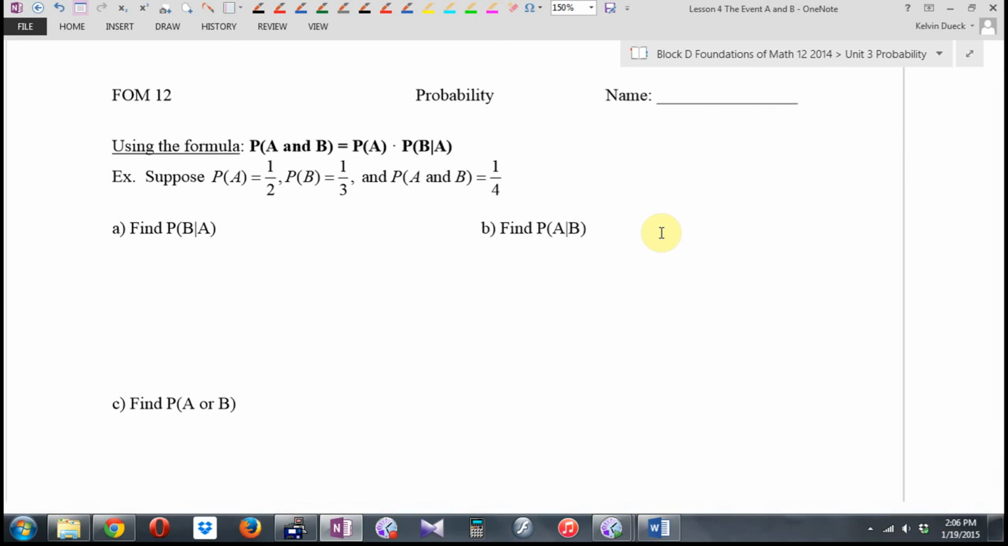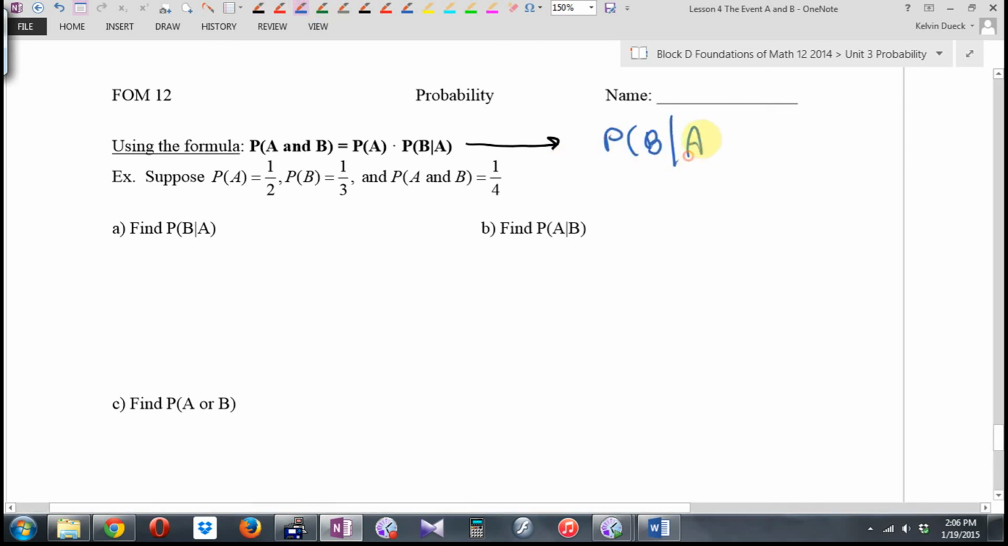Now, here's what we have. The probability of A and B equals the probability of A times the probability of B given A. This can be rewritten. Can you get that by itself? How would I get that by itself? Physics students, this should be old hat to you. Okay, so another variation is